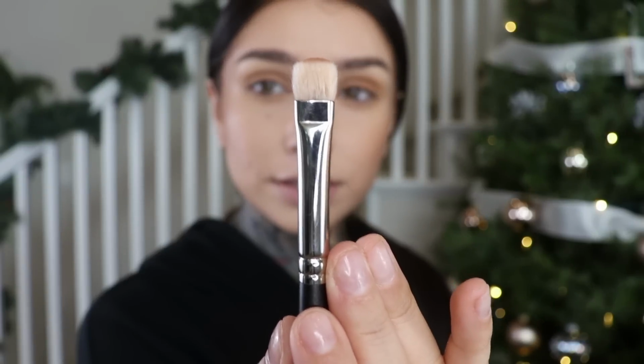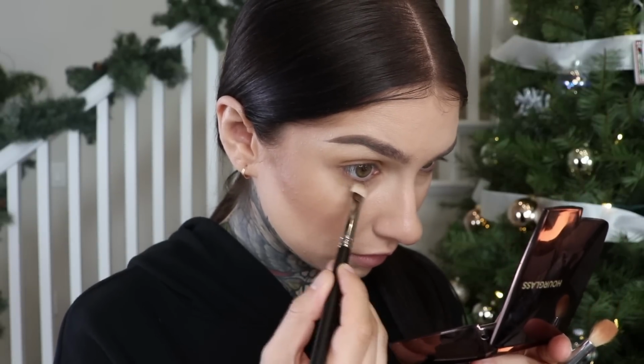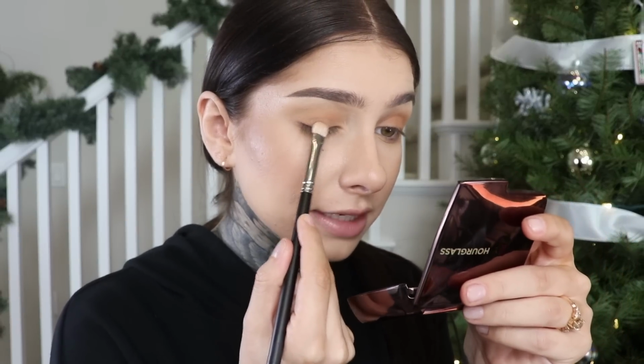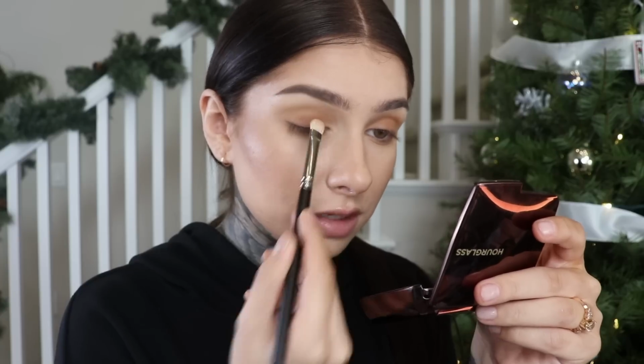Use a smaller, more dense brush like this for underneath my eyes at this point, so that way I don't use like a big brush and it's like all the way down here. Going with a darker shade now. This is Rust from the Rust stack. And I am going to take a denser brush still, apply this to my lid. Make sure you don't get too much. And I'm just gonna pat it in place instead of sweeping it, so that way I don't get that fallout,